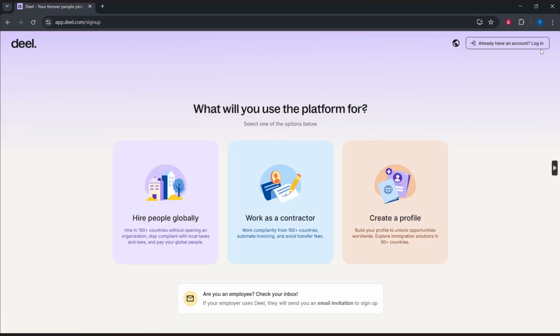Next, you'll be asked to choose the type of account you want to create. Select as a contractor. This choice is designed for independent professionals and freelancers who will use Deel to receive contracts and payments from clients. If you work for yourself or plan to connect with clients through Deel, this is the correct path. Be careful not to select options intended for companies or hiring teams, as those lead to a different